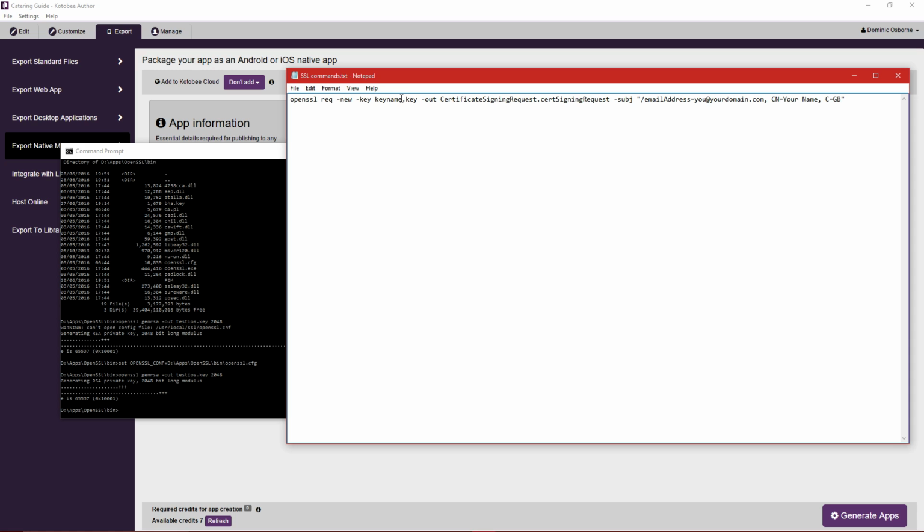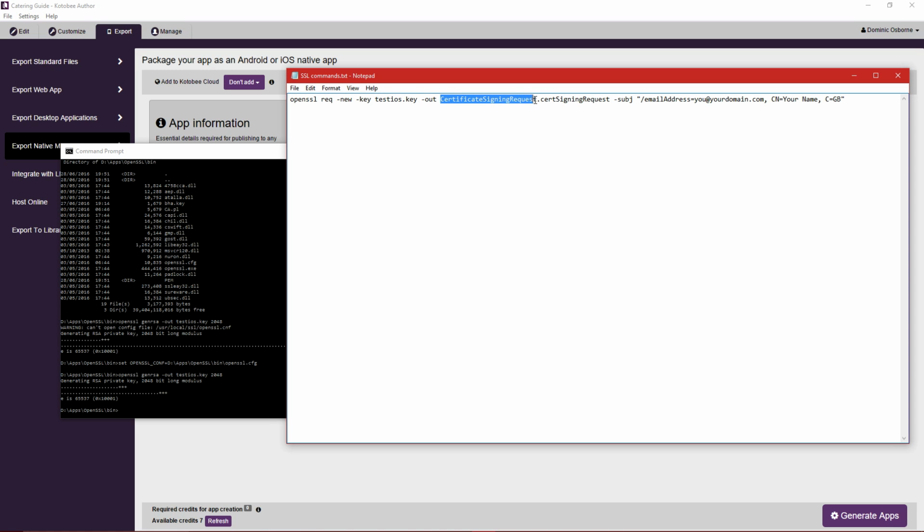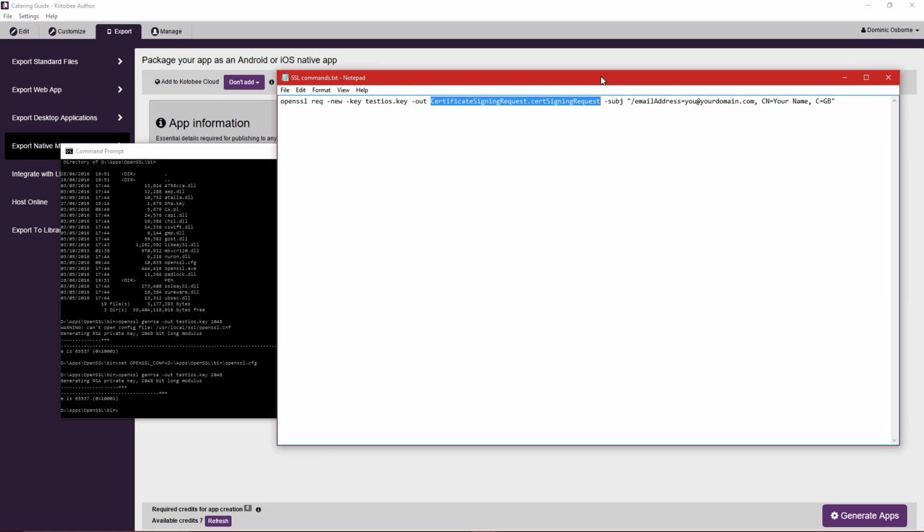we made, which in my case, this is where we start to change it. I called it test iOS. That was the name of my key. It wants to output a certificate signing request, .cert signing request file. I don't know if you can or can't change that because of how Apple may expect us to receive things. I left that as is. I just know that's going to be the file name I've got to look out for when it's done this